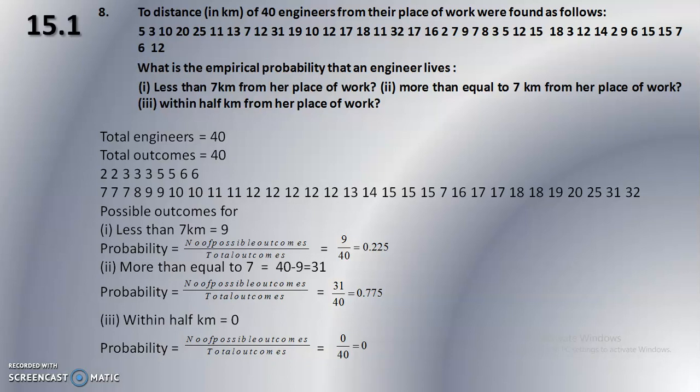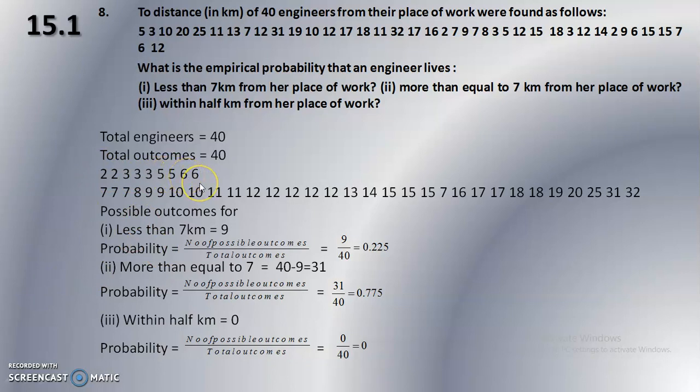First of all, I have written all these numbers here in ascending order, so you can find any number easily. So what is the empirical probability that an engineer lives: the first question, less than 7 km from her place of work. Less than 7 km, I have written here 2, 2, 3, 3, 3, 5, 5, 6, 6 and total numbers